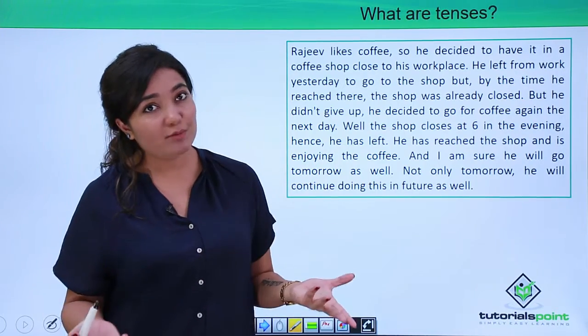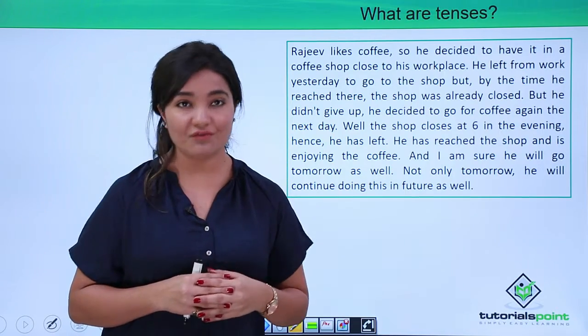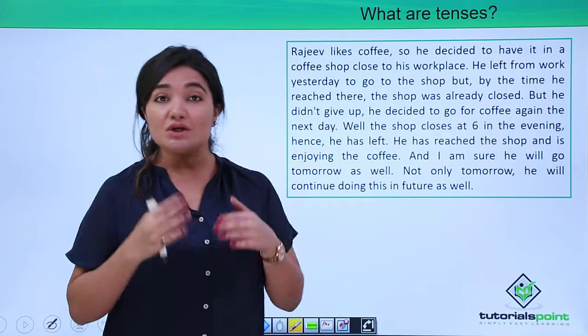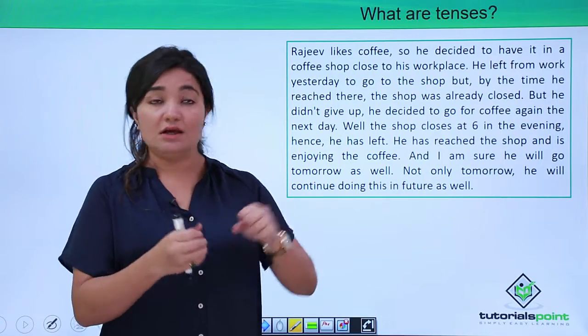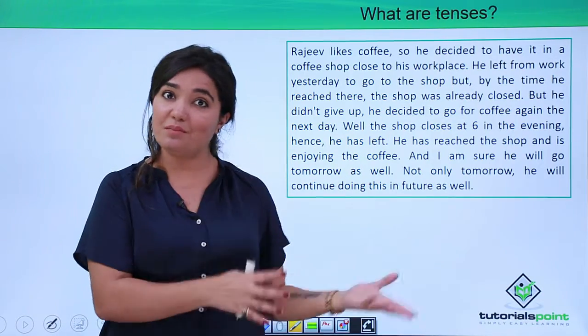So once a timeline is attached, a verb will no more only have the properties of a verb. Now that verb is displaying a form of a tense, right? So because here it is left, so specifically it means something that happened in the past, right?